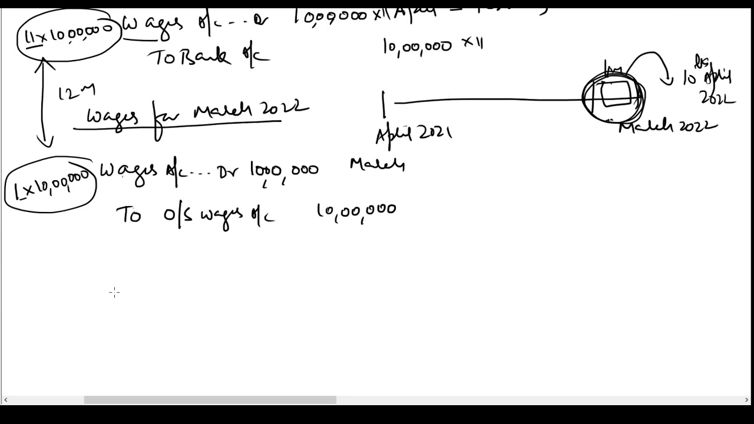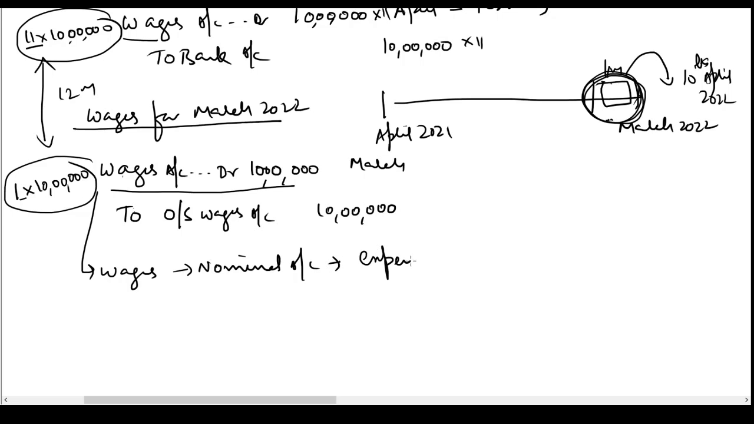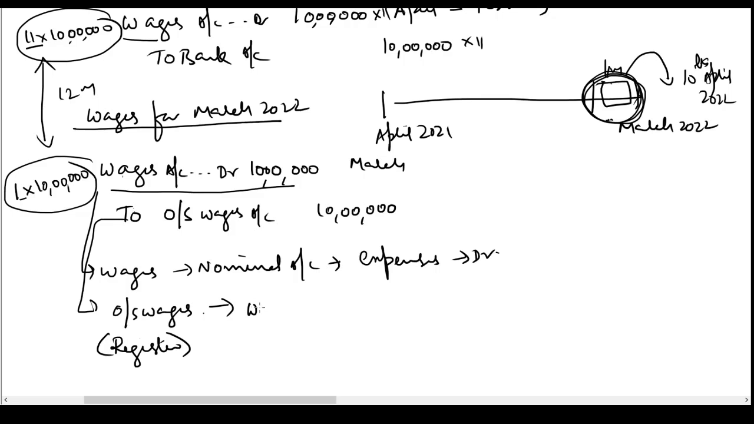See, even though we have not paid the amount, we have recorded the expense. The logic here we are following is wages, nominal account, expenses, hence debit. Now what is this outstanding wages? Outstanding wages is nothing but the name of a register where I am writing down the names of the workers as creditors to whom we owe money. So we'll say workers, personal account, giver,